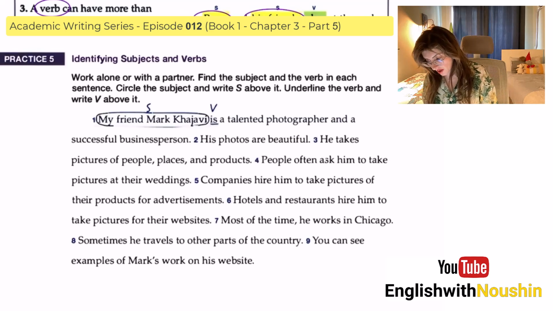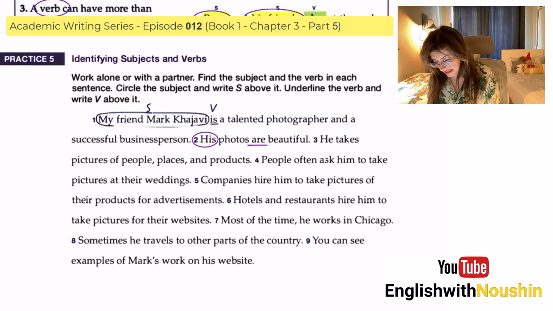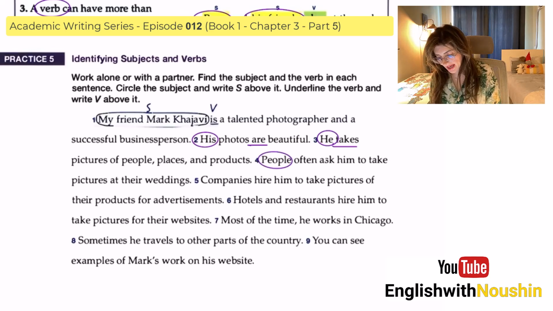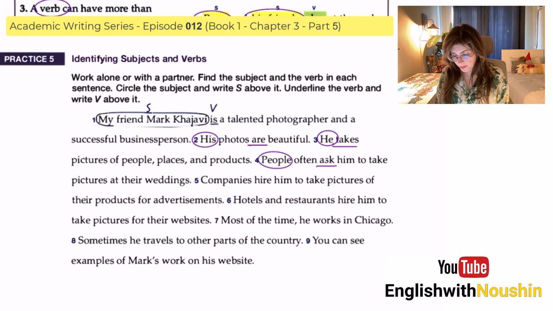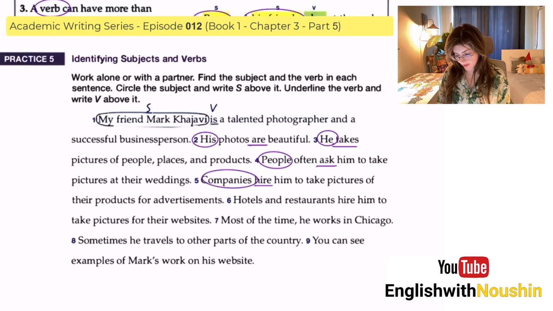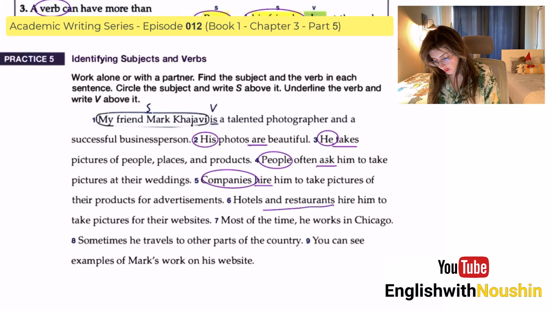So, number 2. His photos are beautiful. His, subject, are, verb. He takes pictures of people, places, and products. He, subject, takes, verb. People often ask him to take pictures at their weddings. People, subject, ask, verb. Companies hire him to take pictures of their products and advertisements. Companies, subject, hire, verb. Hotels and restaurants hire him to take pictures for their websites. Hotels and restaurants, subject,